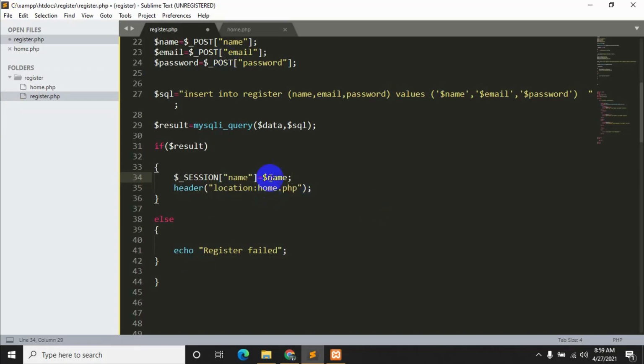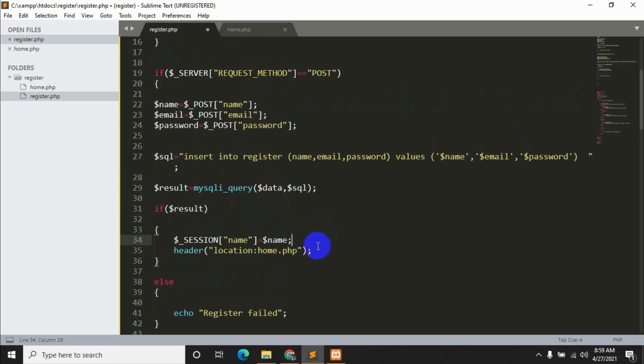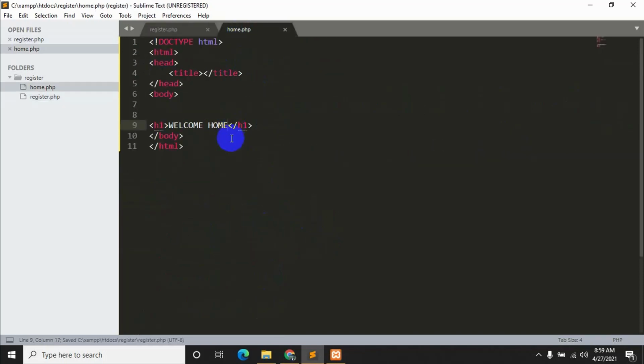This name is actually coming from over here, and we are storing this name in the session name. Now we want to send this name to our home page using the session, right? So we need to add the session in this page.